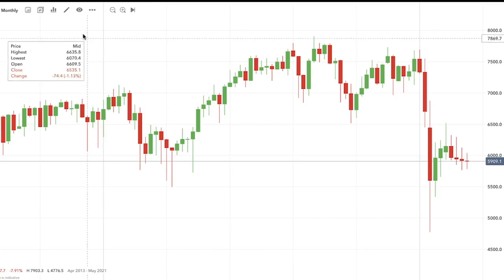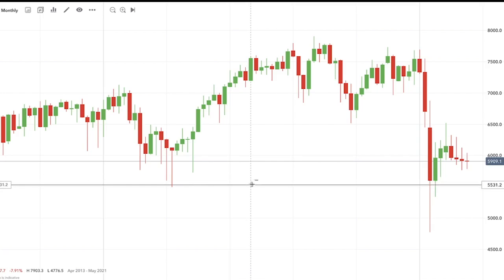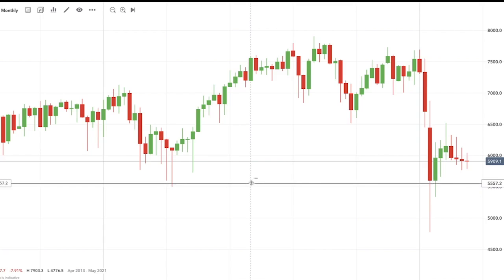Now on the FTSE, whilst we are above this level here, it's actually 5550. Let me just put that in. This level here is very important. So you'll see that during the Corona crash, we had a spike on the monthly charts. We really dipped below here. This was completely rejected and bought up. So whilst we're above here, the FTSE really does have a really nice solid base,